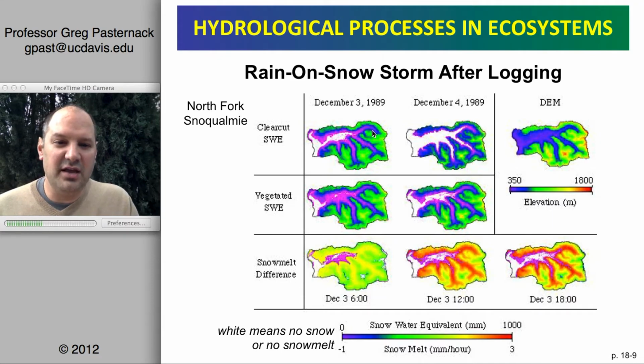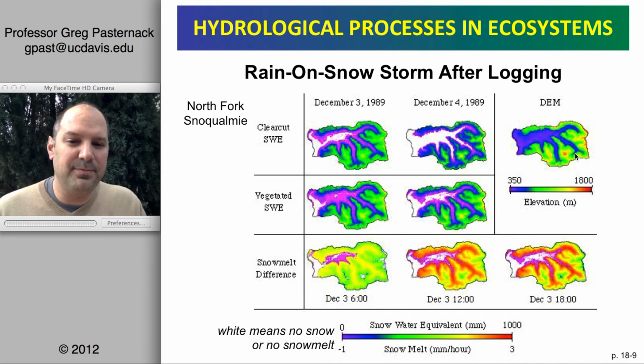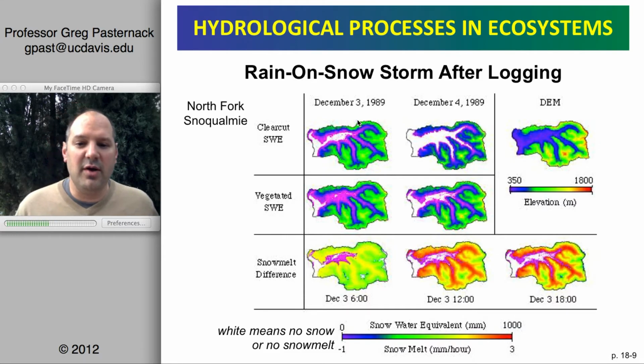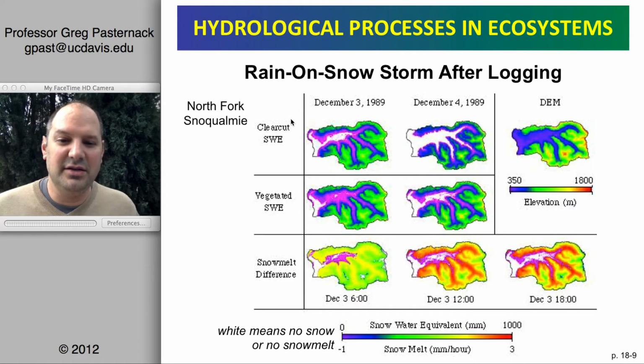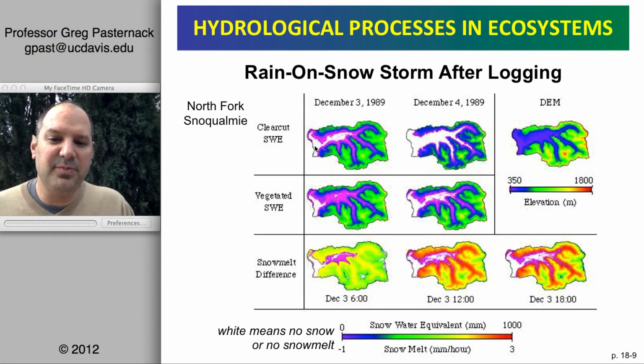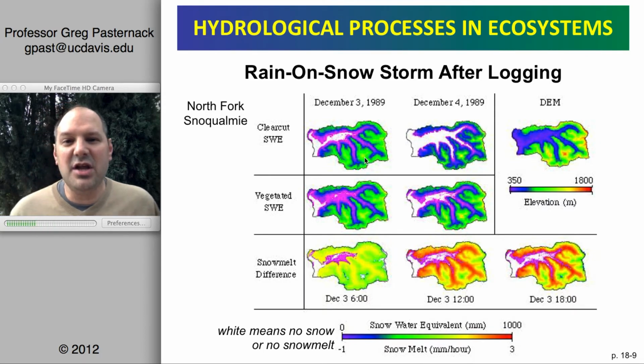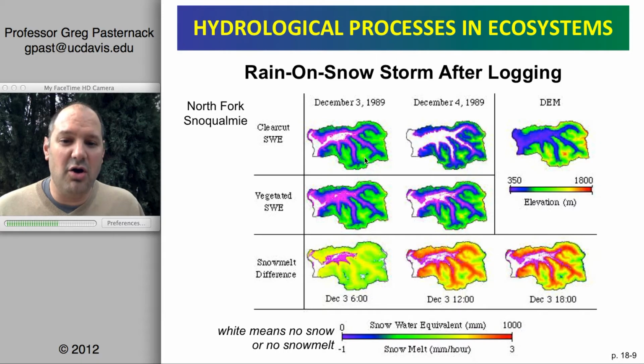The first thing is, of course, we've got the DEM over to the right, but I think that's pretty self-explanatory. So the first plot in the upper left shows the snow water equivalent, going from 0 millimeters to 1,000 millimeters, on December 3rd in the clear-cut case. In the clear-cut case, you can see that there initially is snow, unless it's white, right? But in all these violets to purples to green, there's less snow in the lowlands and more snow in the